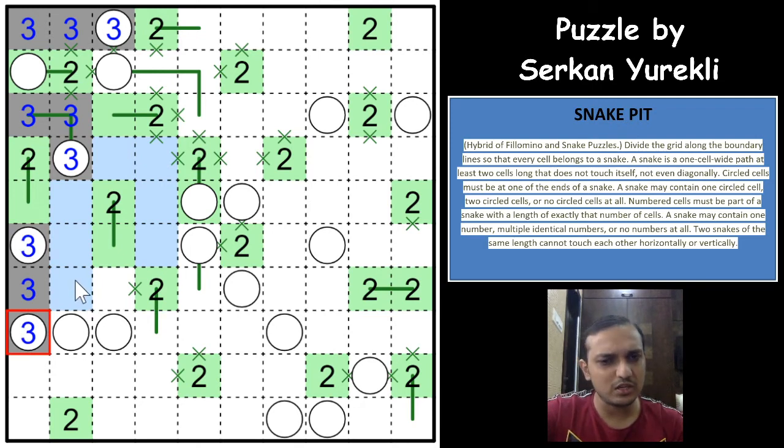So this would have to be either 4 or 5 or anything. It cannot be 6, because I can see that it cannot be a 6. So it can either be a 4 or a 5, and you cannot extend any further, because the circle has to be the end part again.